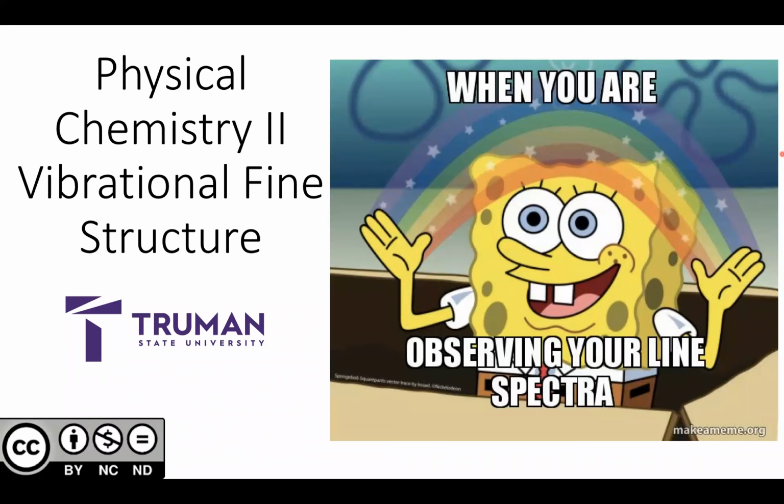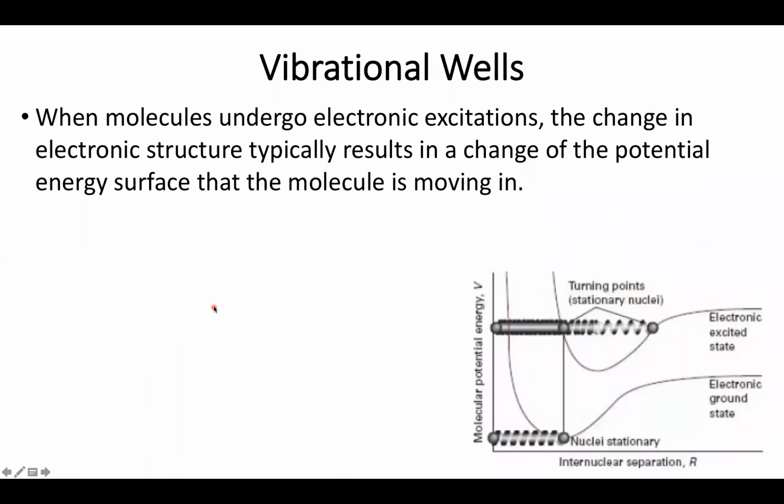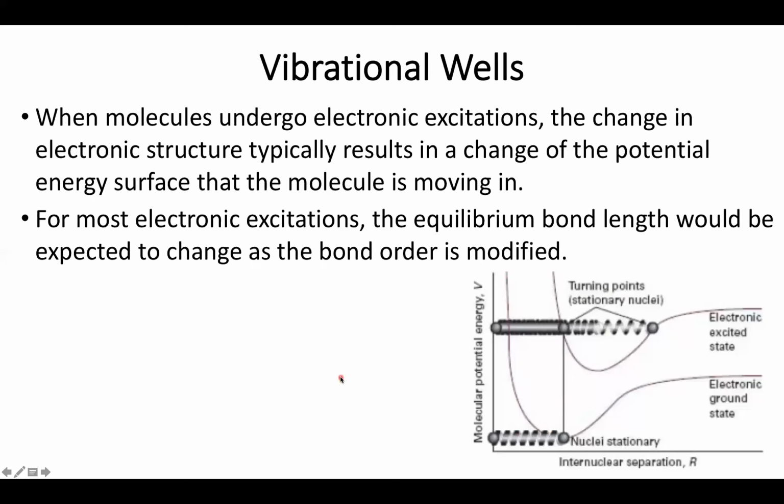So today we're going to be expanding on our previous conversation about electronic spectra by focusing in on our fine structure. So this is mostly going to be how vibrational excitations can couple with electronic excitations. So one of the first things to realize about electronic excitations is that if I'm going to change the electronic structure of a molecule, one of the things that's typically going to result is a change of the entire potential energy surface. So one of the ways you can think about this, as I do perform an electronic excitation, we're